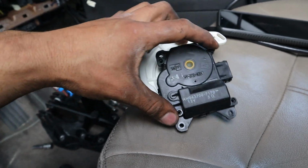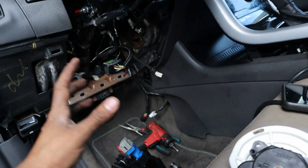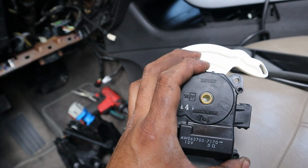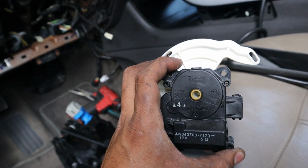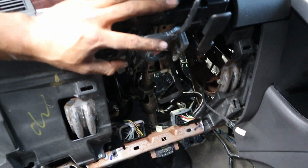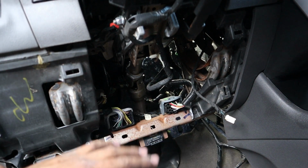It's got 3 screws that hold it in place. Circuits are good. The door down there is working how it should. So I got a new actuator coming, and once it gets here tomorrow, we'll go from there. One thing I did do, I removed the shroud off the steering column just so I could have better view of what I'm doing over there, because it is hard to access, but